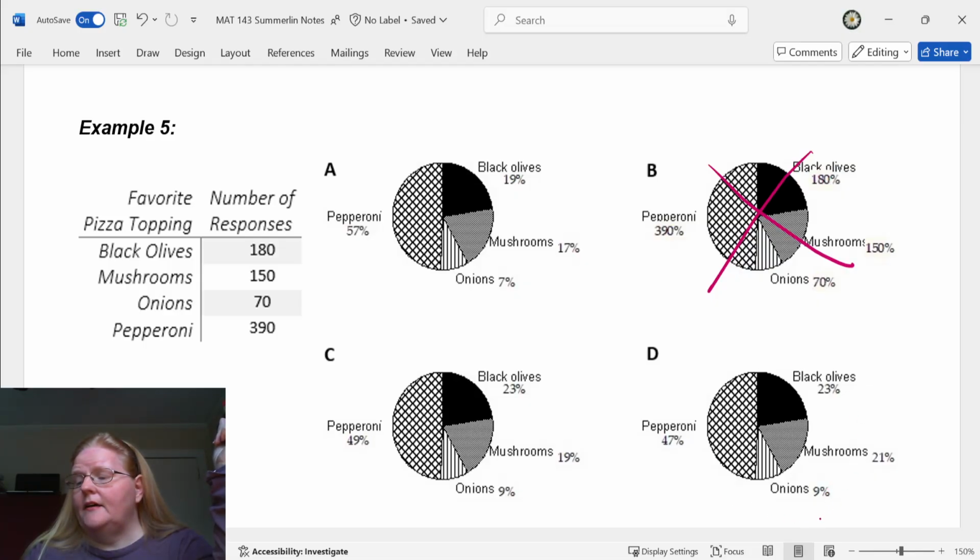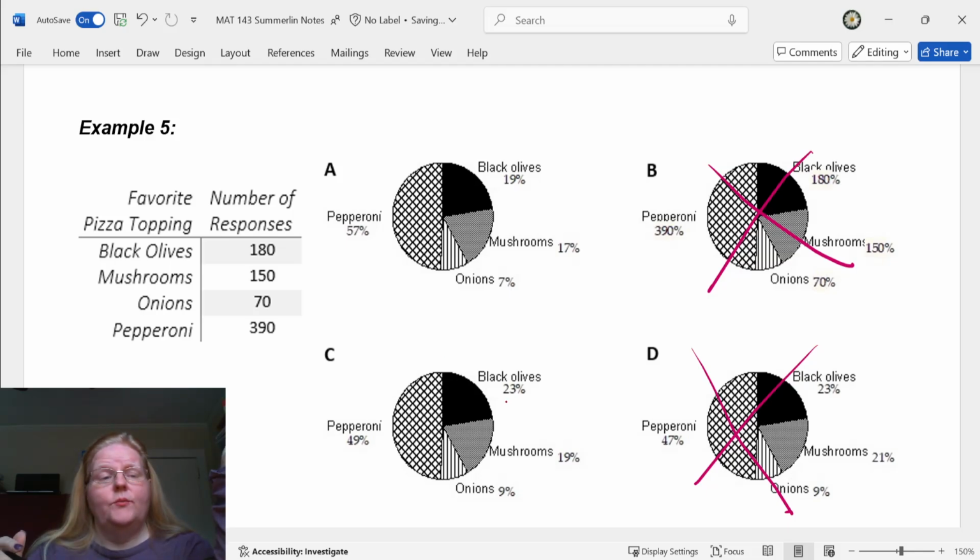Doesn't add up to 100%. So it can't be that one. So it's got to be one of these two. And the only way to really check it is to go ahead and figure out the percentage of something. So I'm going to figure out the percentage of mushrooms because my mushroom numbers are different. I didn't want to figure out the percentage of something else. I could have,